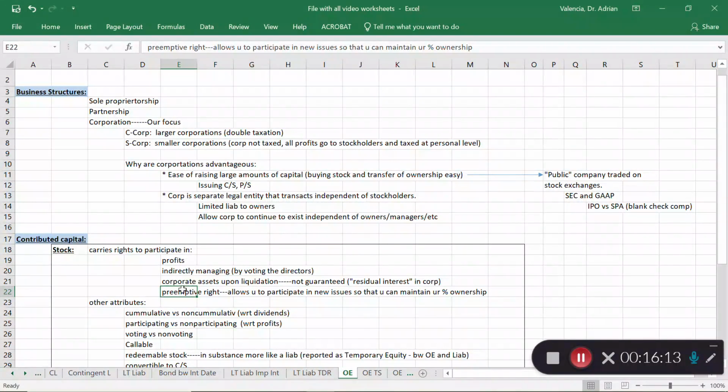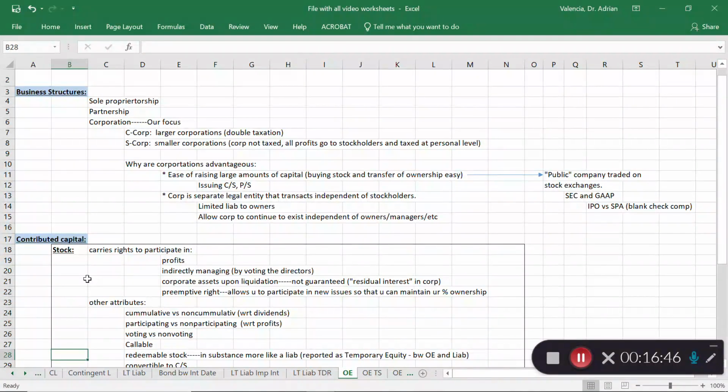Stockholder right, the preemptive right. This one allows you to participate anytime there's a new issuance of shares. So if you're a stockholder, you own 10%, let's say, and the company issues a secondary offering or some other offering of shares, well, you would be allowed to buy into those shares in order for you to maintain your 10% ownership. That's a right you have prior to anybody else being able to buy them. Now, you can choose not to buy it, but that's a right that you would have as a stockholder.